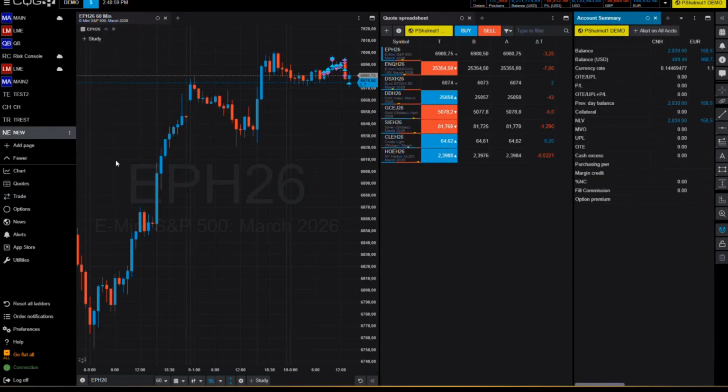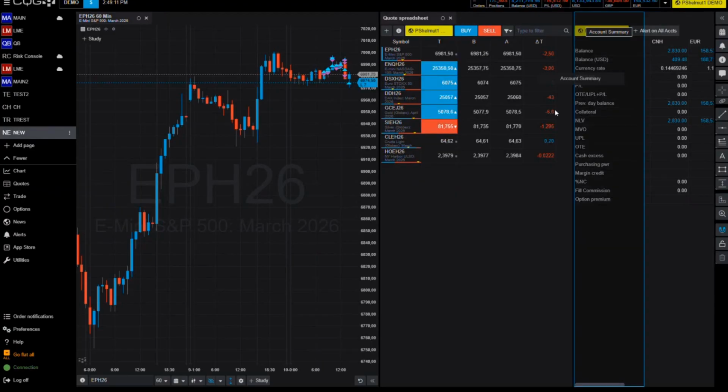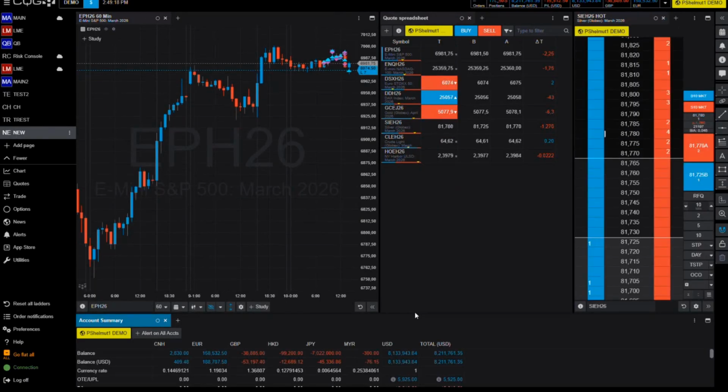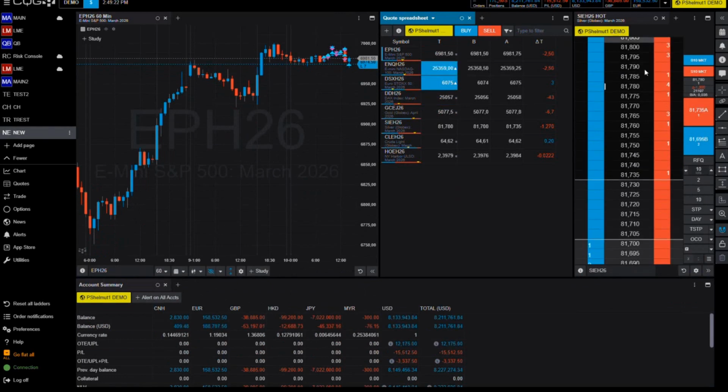So again, I click here. It would put the account summary up here because that was the real estate I was working with. I usually move that information because it's usually more broad than vertical, so I usually move that down here. So again, holding the left mouse button, moving it to the bottom of the chart, and putting it on this piece of real estate. So I have the chart, the quote board, the trading interface, and